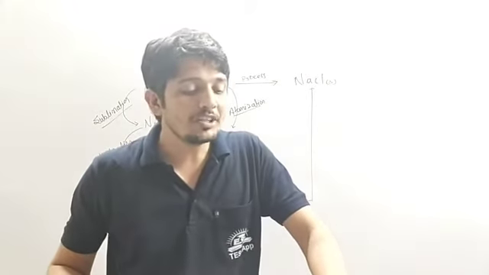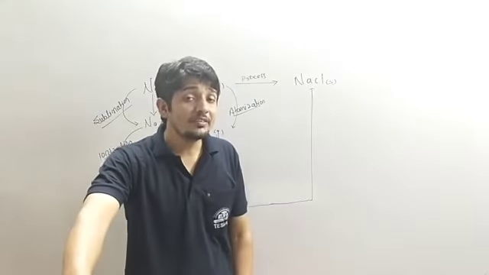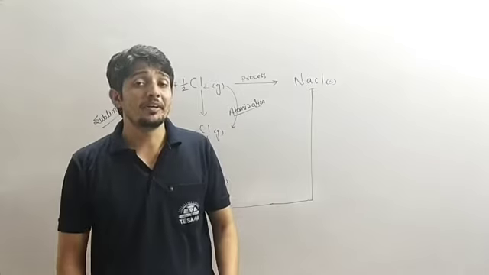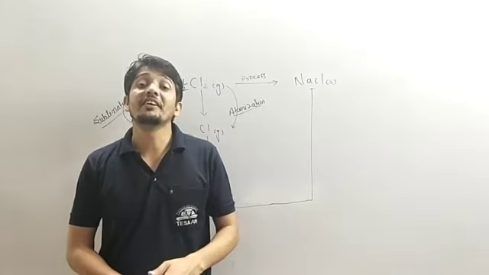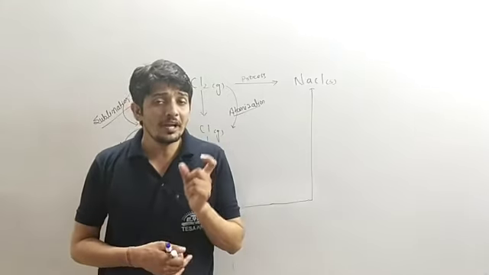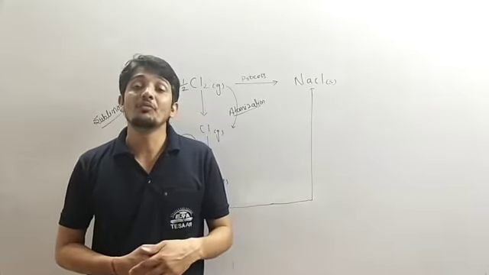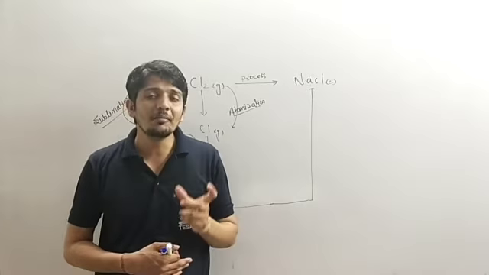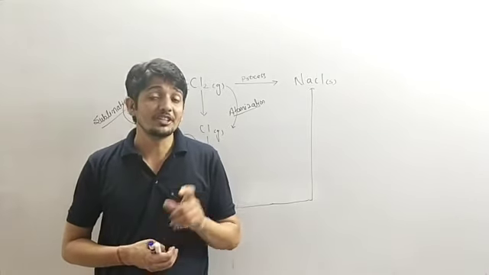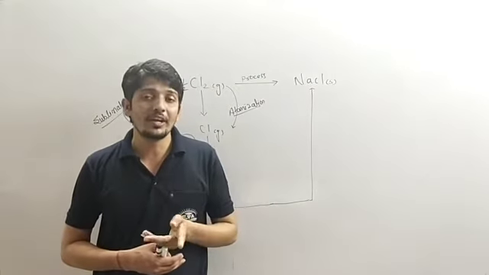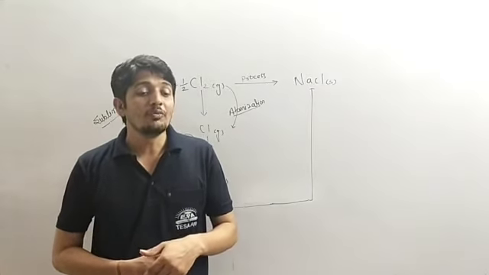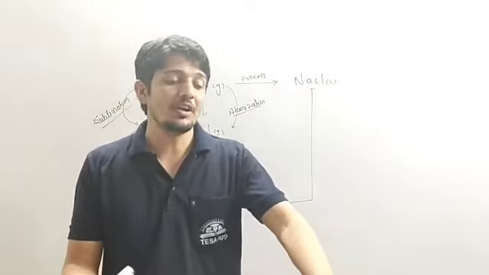Now we have the second question: what is meant by the valency of an element? We have understood in our previous chapter, Periodic Classification of Elements, and we have discussed valency deeply. What is valency? It is the combining capacity of an element. किसी भी एलिमेंट की कंबाइनिंग कैपेसिटी को ही हम वैलेंसी कहते हैं और valency is determined by the number of electrons present in the valence shell of an atom. किसी भी एटम के वैलेंस शेल में कितने इलेक्ट्रॉन हैं, on that basis we are deciding the valency of an atom.